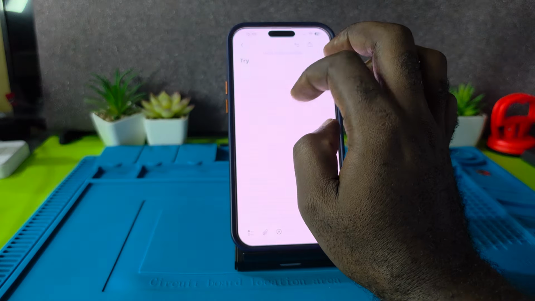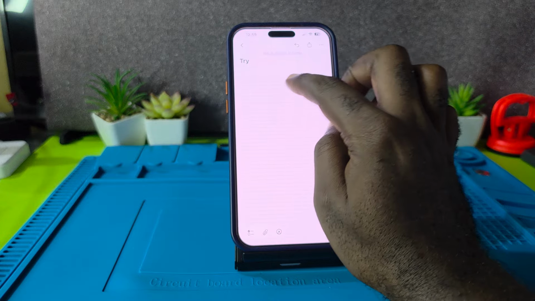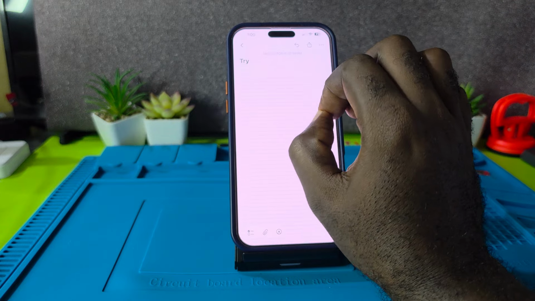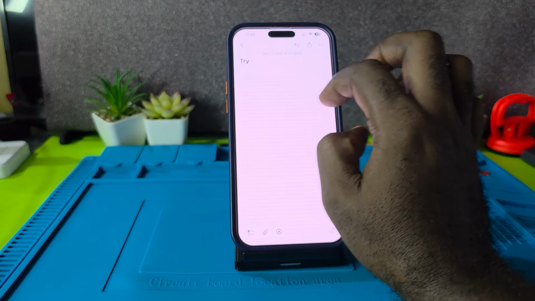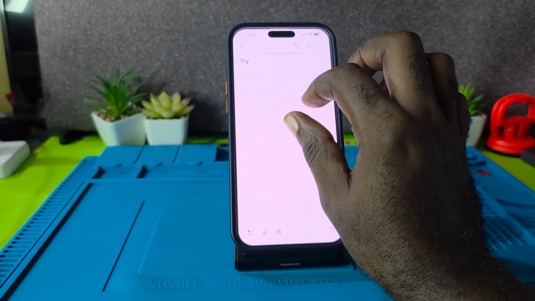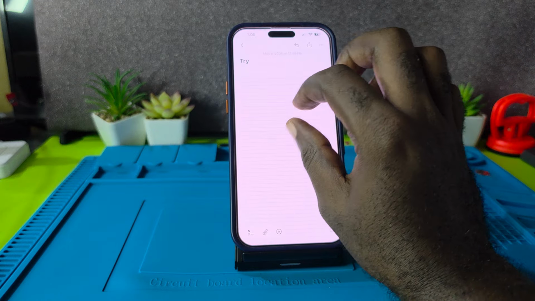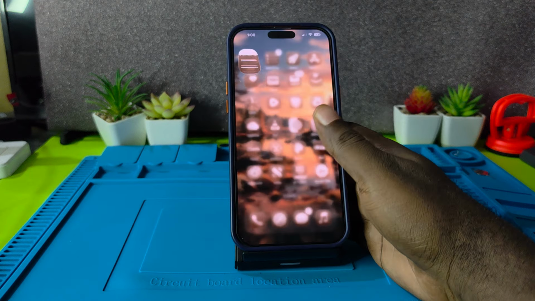Alright, so with the grid lines, they're meant to be a guide, especially if you're going to use a stylus, to keep your writing straight. It helps to balance things out and allows you to write things in a straight manner. Alright, so hope that was helpful in terms of adding grid